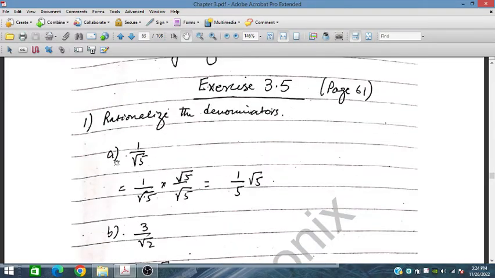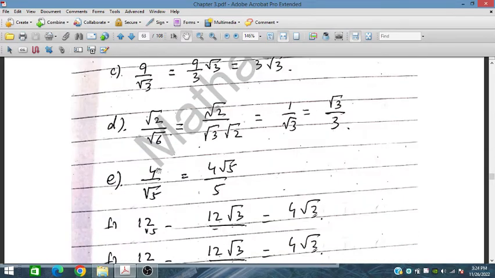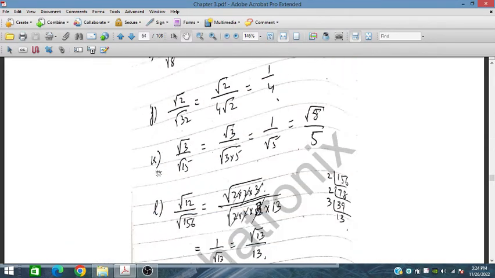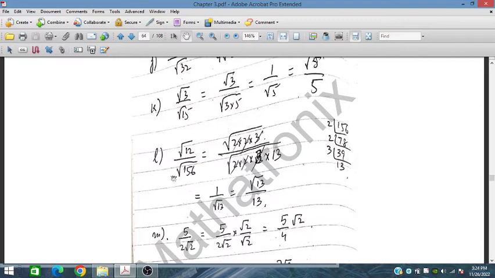Rationalize the denominator. This is 1 over under root 5. So we will multiply with under root 5 in the numerator and denominator. So this under root 5 will become 5, and this under root 5 will appear in the numerator. So this is rationalized. The denominator has been rationalized. Similarly for this, and for this part,